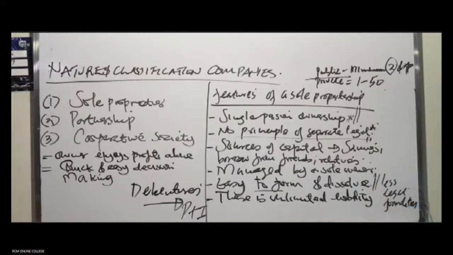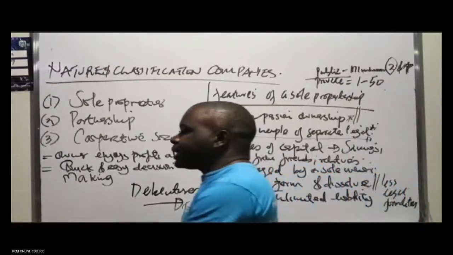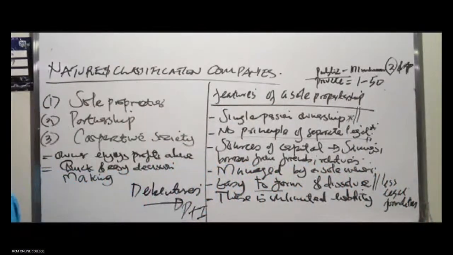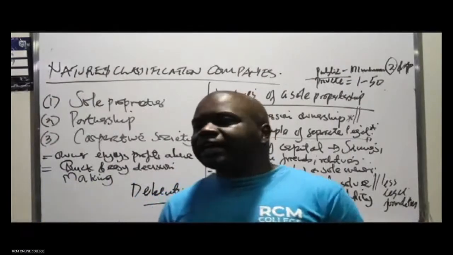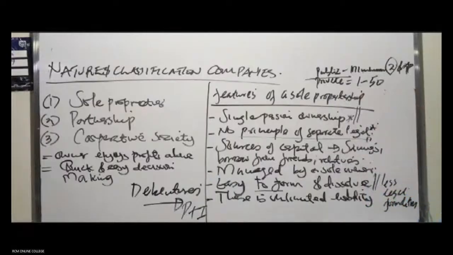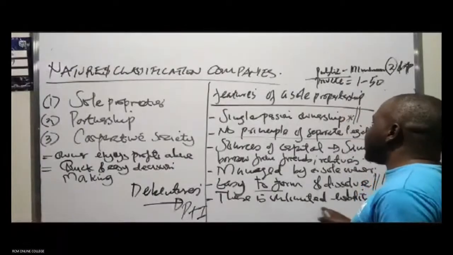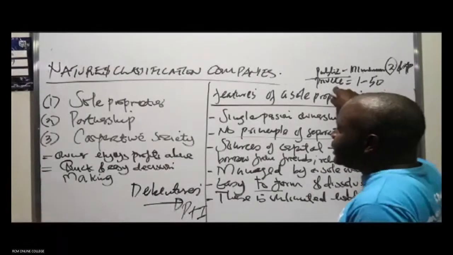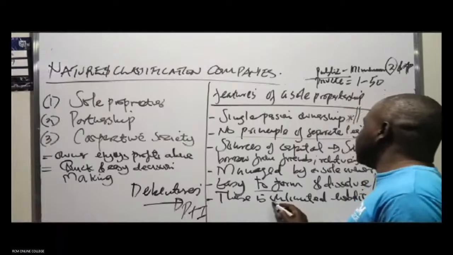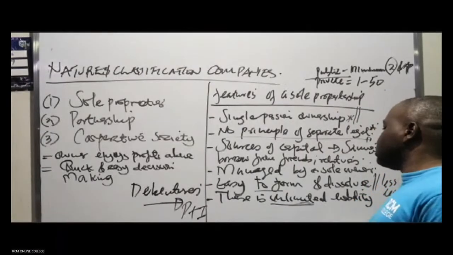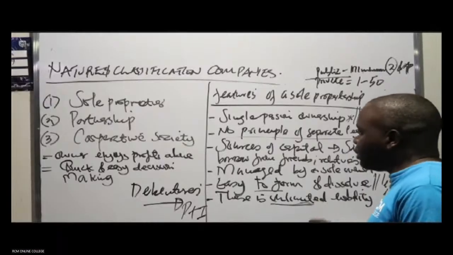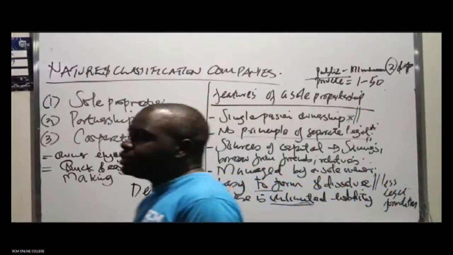There is unlimited liability. When you talk about unlimited liability, it is that if the assets of the business cannot be adequate enough to settle the liabilities, then the personal assets of the owners can be utilized. That's why we say there's no limit, unlimited. So the difference here is that in a company, not all companies, because we can have unlimited companies,